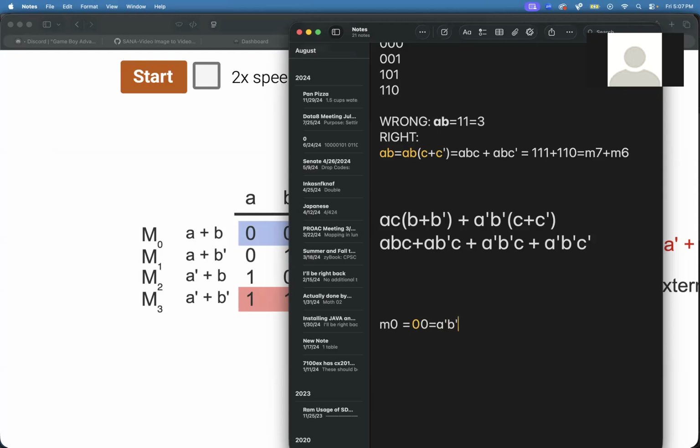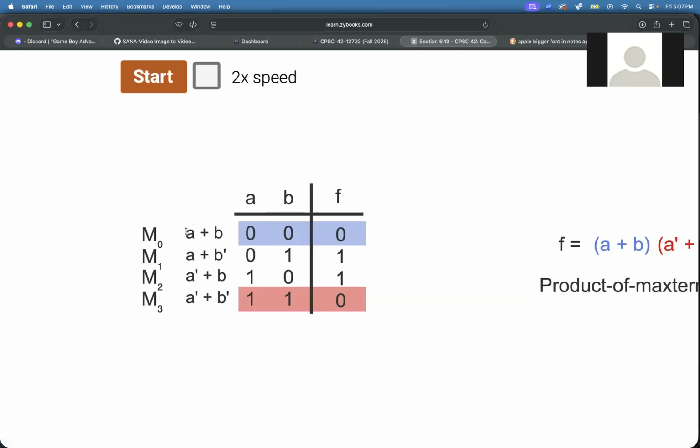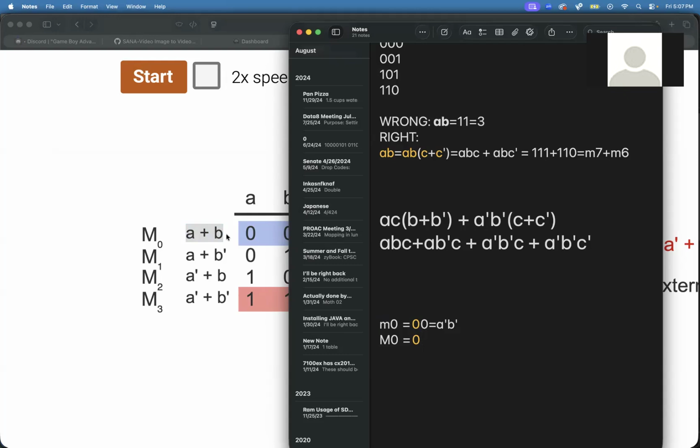That's what we were doing before. Now they're saying M0 is when those are zeros, will be